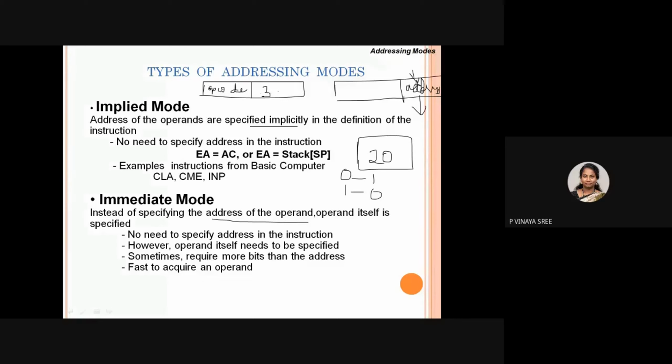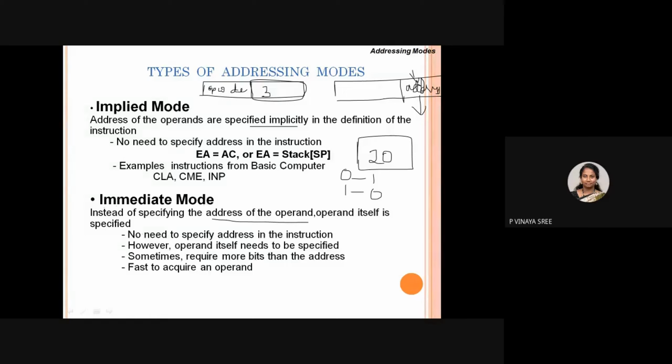This 3 is not an address, it is data itself. So inside an instruction, in the address field, you have the data itself. For getting an operand, you are not going to a memory location or to registers. The operand is residing inside the instruction itself.